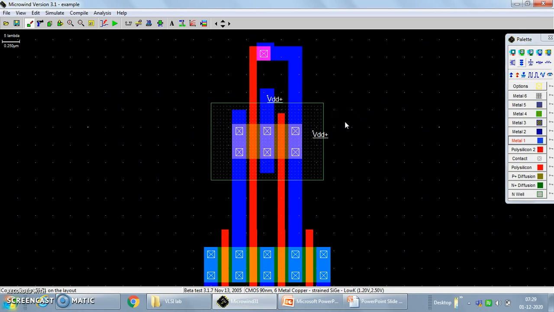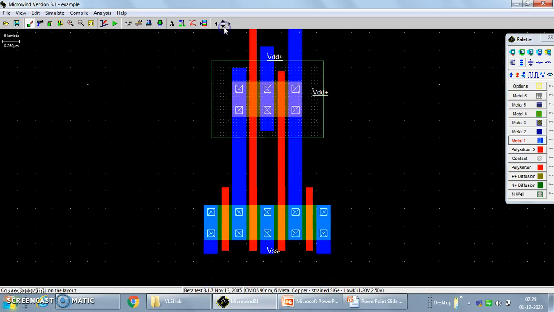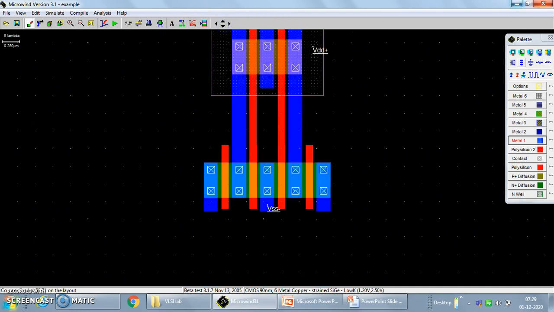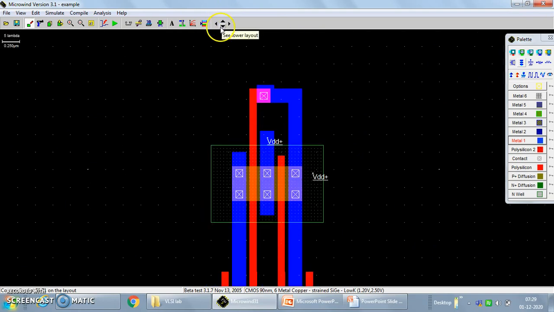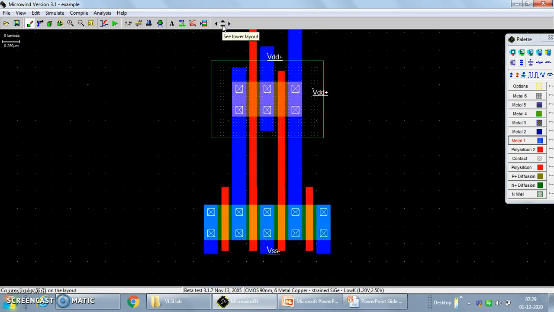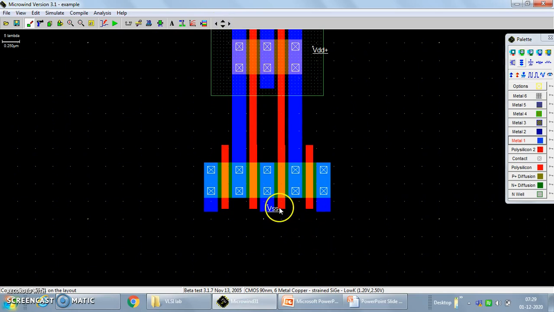Now the same thing is to be done on the next inverter. So we'll do the connection, we'll come to the outside. Now the connection of this is to be connected to this point. So how can it be done? Let us stretch this polysilicon layer now.